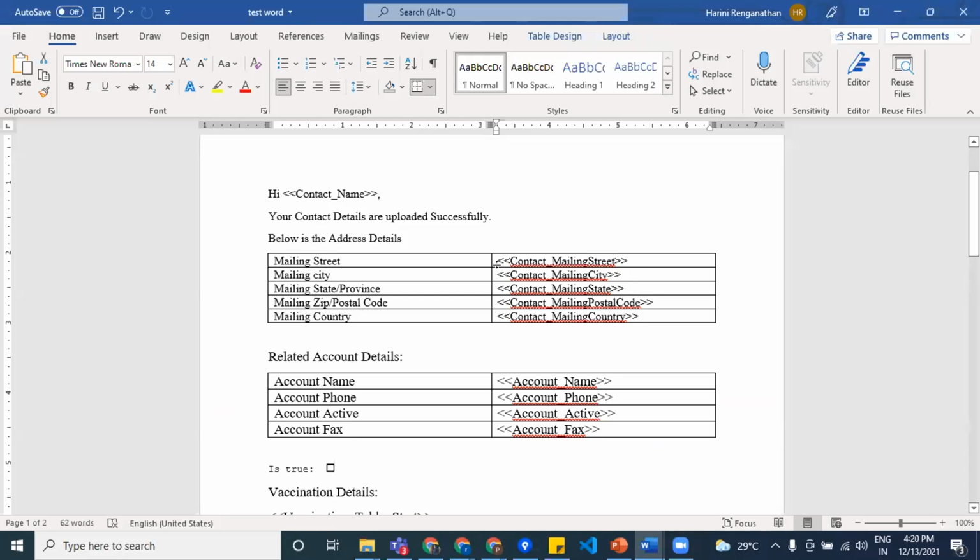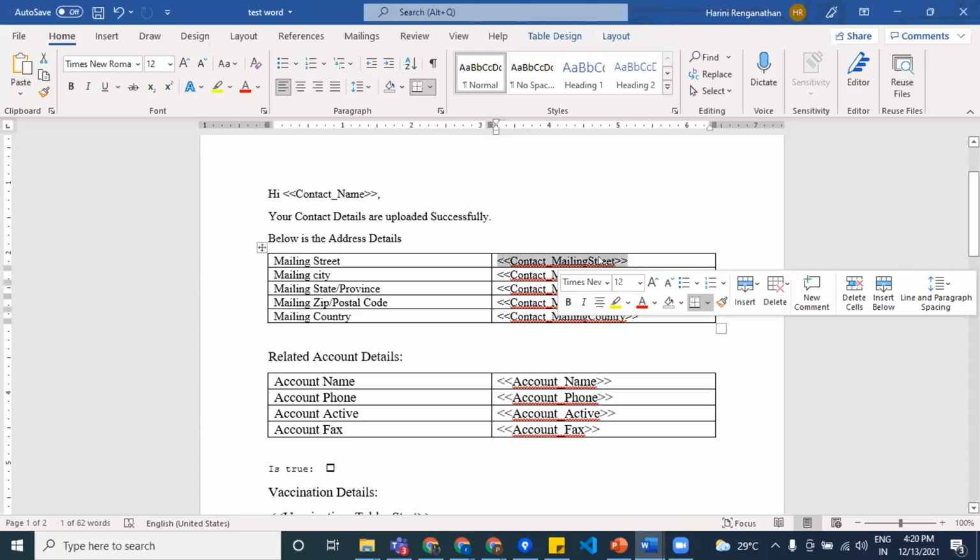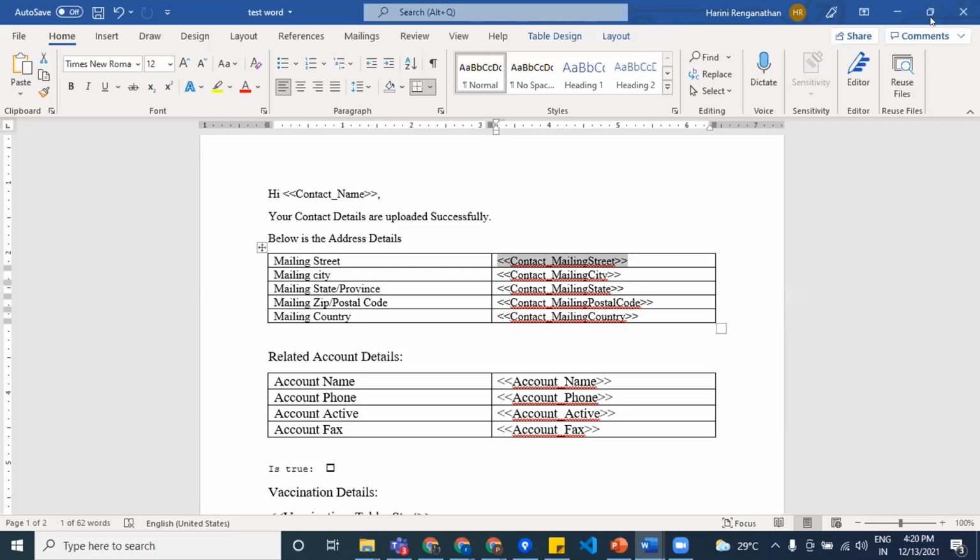how will we be able to achieve this kind of thing? These are referred to as field taggers. What is the purpose of the field tagger? The field tagger pulls the field from Salesforce, and when you download the PDF, it will contain all the values. Only if these field taggers are in your template will it pull the value from Salesforce and put it there so that the end user will be able to see it. So the field taggers do nothing but pull values from Salesforce.